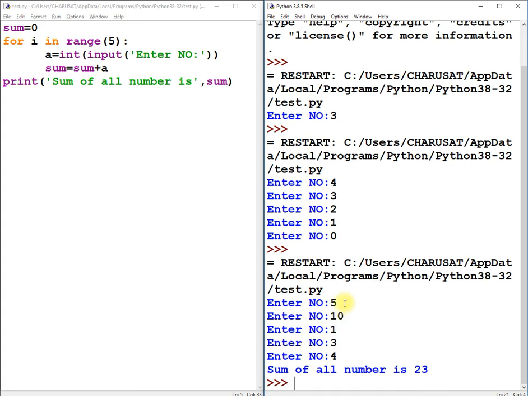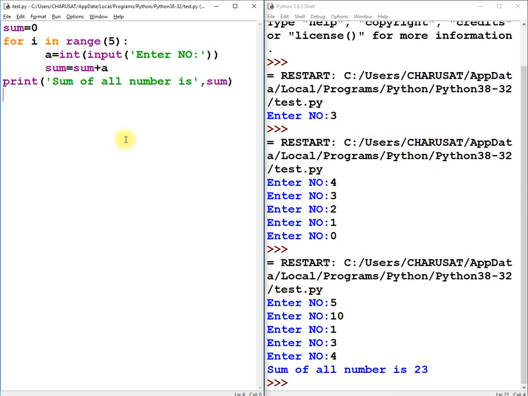So let us check: 10 plus 5 is 15, 16 plus 3 that is 19, plus 4 is 23. So you can see now that is the correct answer. This line is only printed once. Why? Because this line is out of the loop. My indentation is not present over here. That's why this line is not part of this loop. Only this line and this line, these two lines are part of the loop. So this is how you can use a for loop to perform a task a number of times.